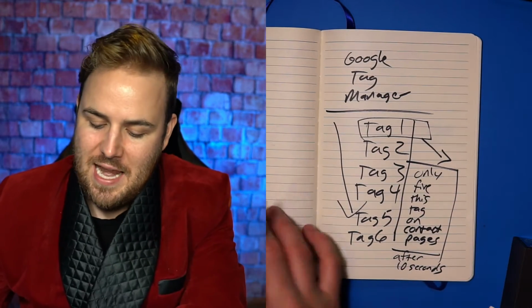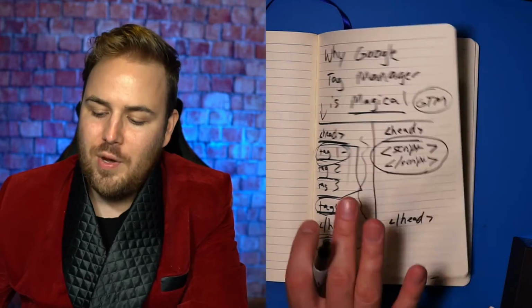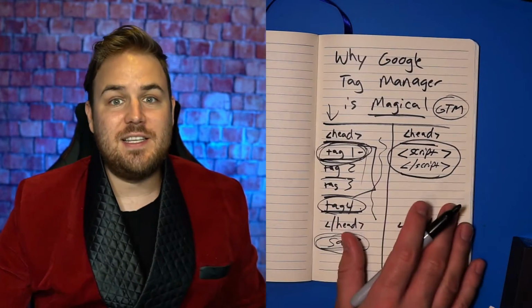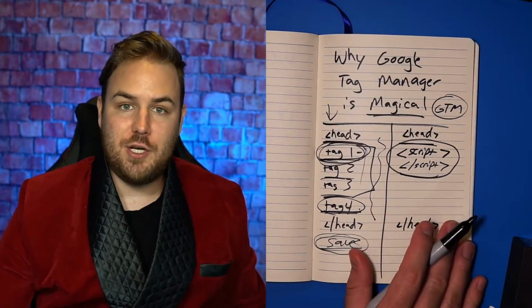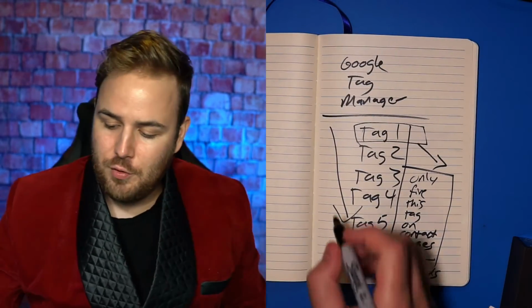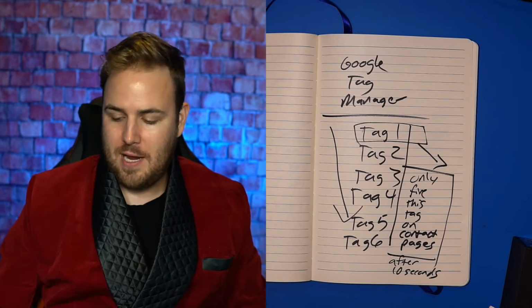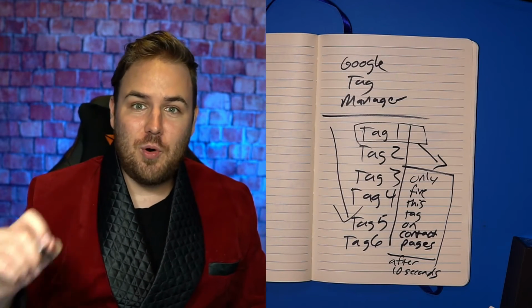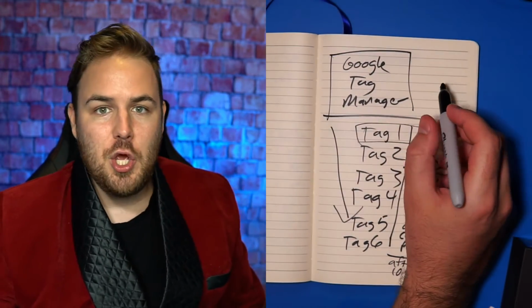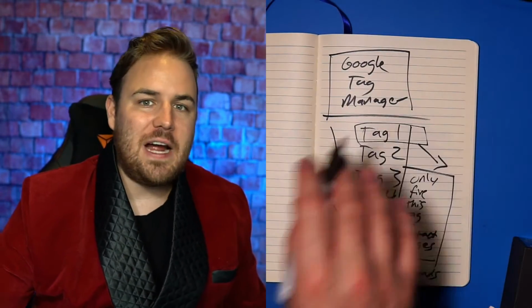This is something that if you are manually deploying the tags on your website, you don't necessarily have control over, unless they let you control it in the chat app. But in Google Tag Manager here, you have full control over all of these tags, okay? Furthermore, inside of this Google Tag Manager dashboard, you can control exactly what fires when,